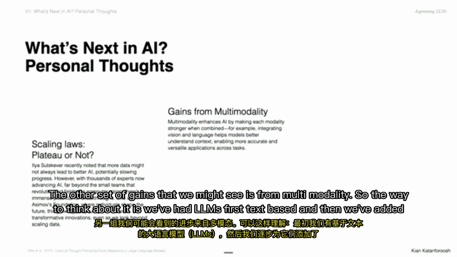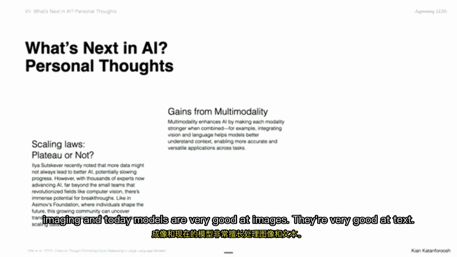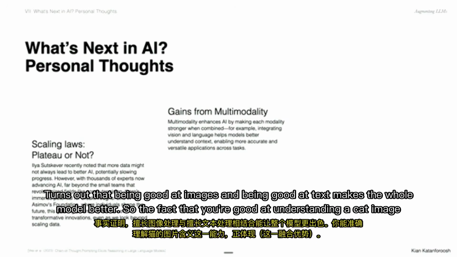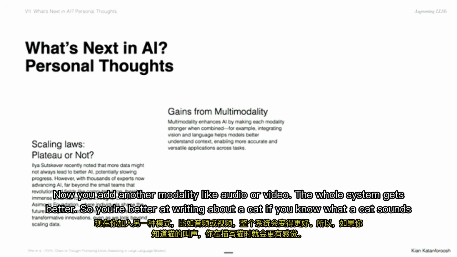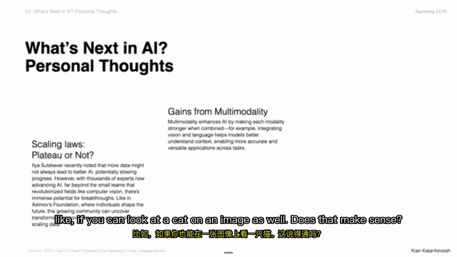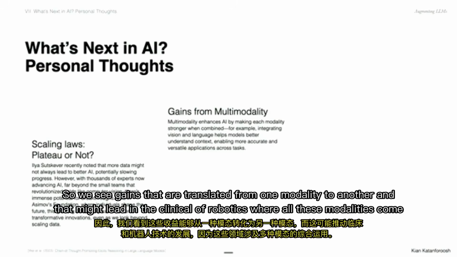So the way to think about it is we've had LLMs first, text-based, and then we've added imaging. And today, models are very good at images. They're very good at text. Turns out that being good at images and being good at text makes the whole model better. So the fact that you're good at understanding a cat image makes you better at text as well for a cat. Now you add another modality like audio or video, the whole system gets better. So you're better at writing about a cat if you know what a cat sounds like, if you can look at a cat in an image as well. Does that make sense? So we see gains that are translated from one modality to another, and that might lead